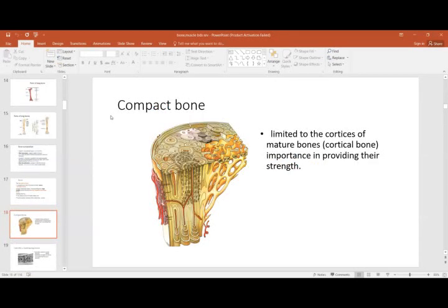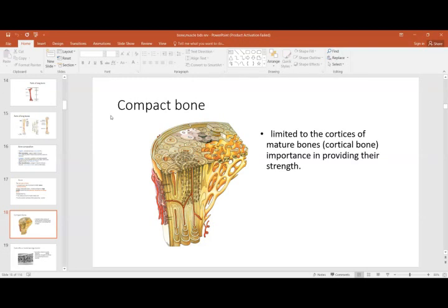If you see this outer surface, and that is this wall, where you have these red lines, that is the cortex that supports the bony structure. You can see that the lamellae, or the Haversian systems which form the bony structure, are arranged very compactly and tightly with each other. Whereas on the inner surface, you see bony septa, but there are large spaces in it. So outside you see the compact bone, and on the inner side, with the big holes, that is the spongy bone.